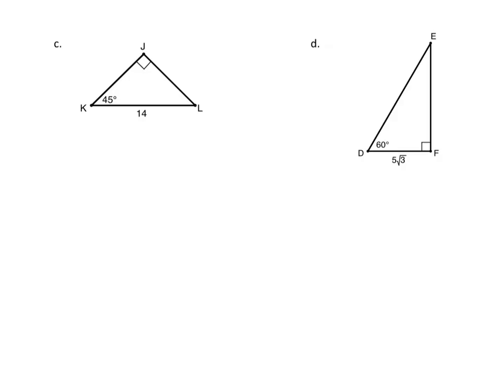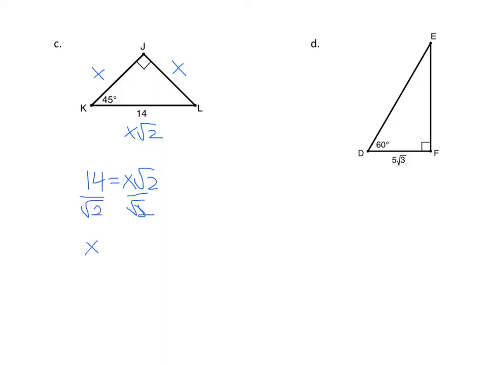In this next example, we have a 45, 45, 90 triangle, and we're given the hypotenuse, and this is the side that we call x radical 2. So in this case, we need to set up a little equation. 14 equals x radical 2, and we need to solve for x, which would be the length of the two legs. So I divide this by radical 2,